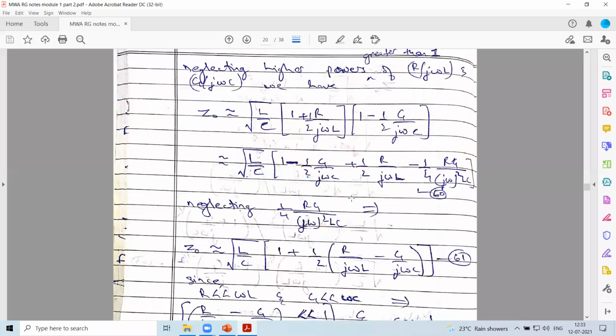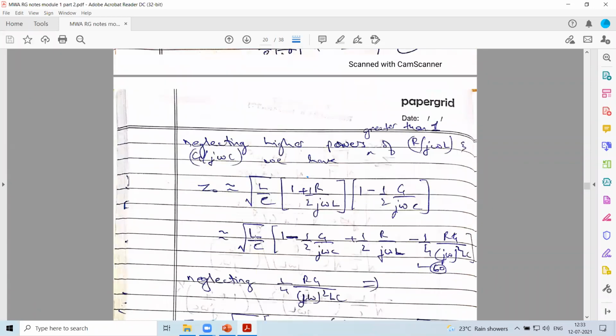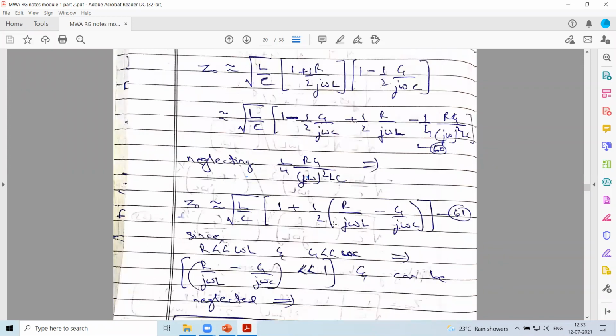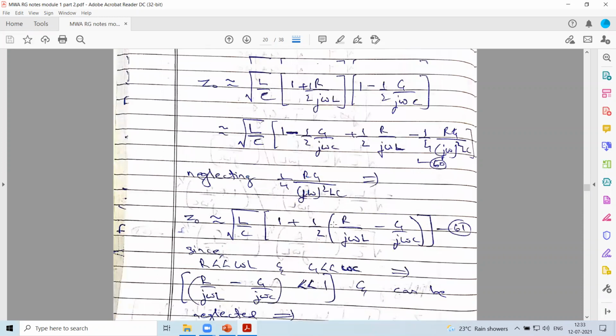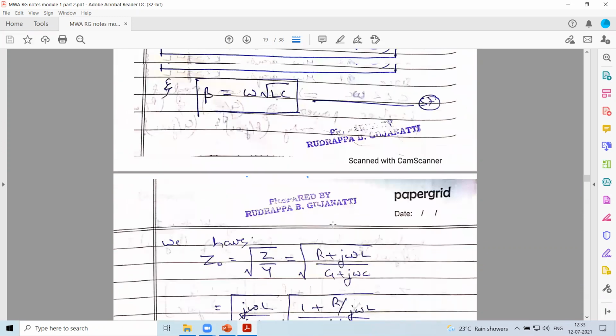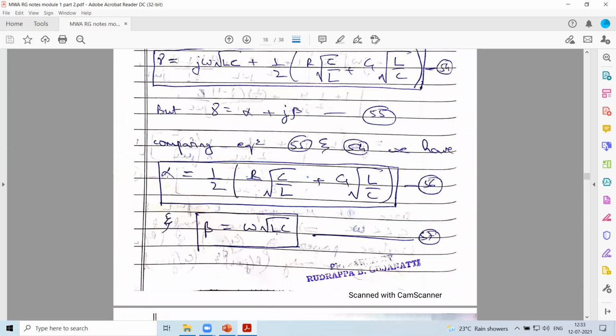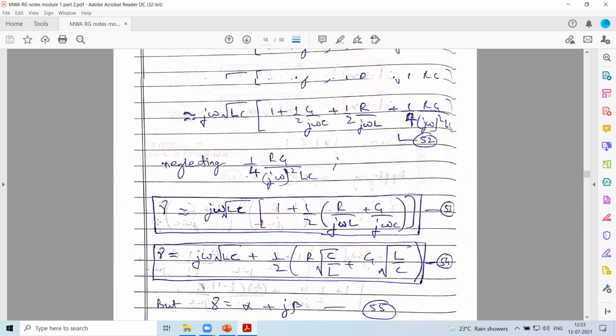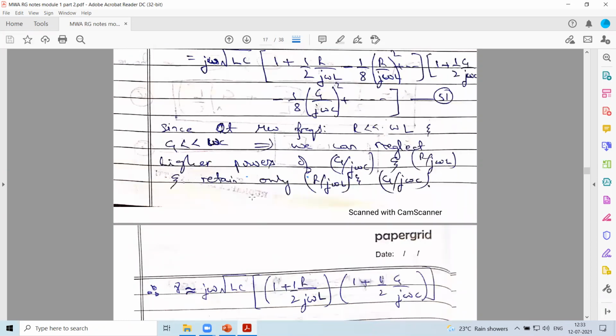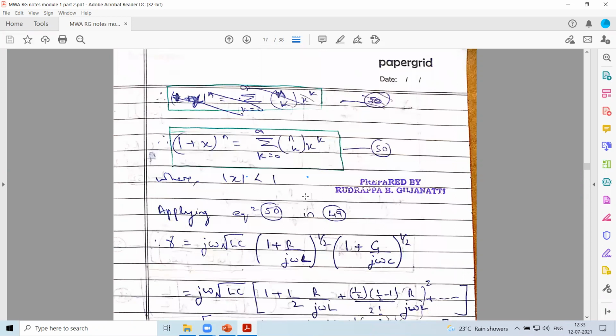One way is obtaining it using the equations. Like if I want Z naught, and I know the RLGC parameters, I'll be able to obtain Z naught for that given circuit. Can I obtain it if some other parameters are given? If these parameters are not known, and a few other parameters are specified, then how do I obtain those things? So we had all these things, right? Alpha, beta, gamma, all of which we had discussed.